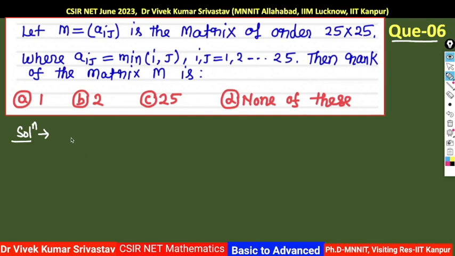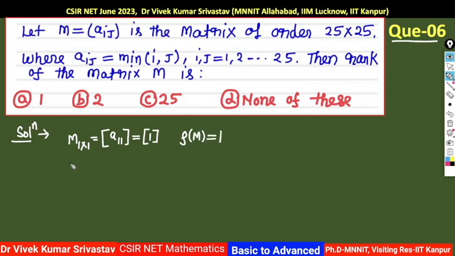First I just take, let's suppose, a 1 cross 1 matrix, then what will happen? If it is 1 cross 1, this means that it has only one element, like a11, only one row and one column. So here it is telling us, for aij we have to take the minimum value of these two. This means minimum of 1 and 1, which is nothing but 1. So we know the matrix has only one non-zero row. So the rank of the matrix becomes 1.